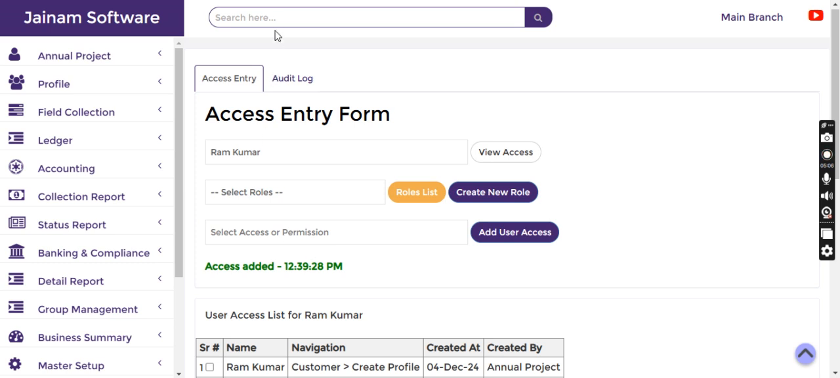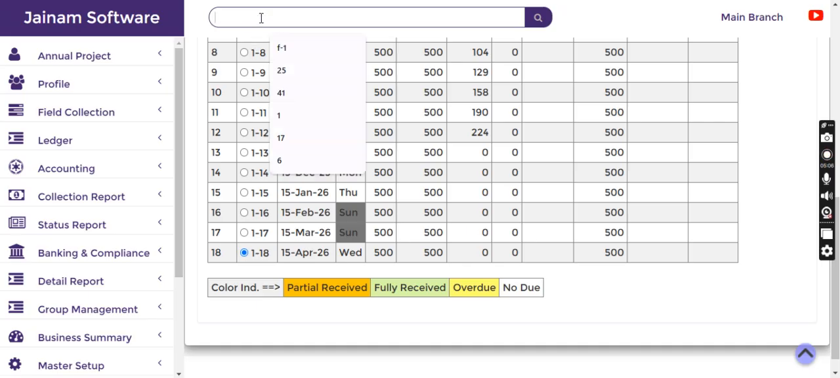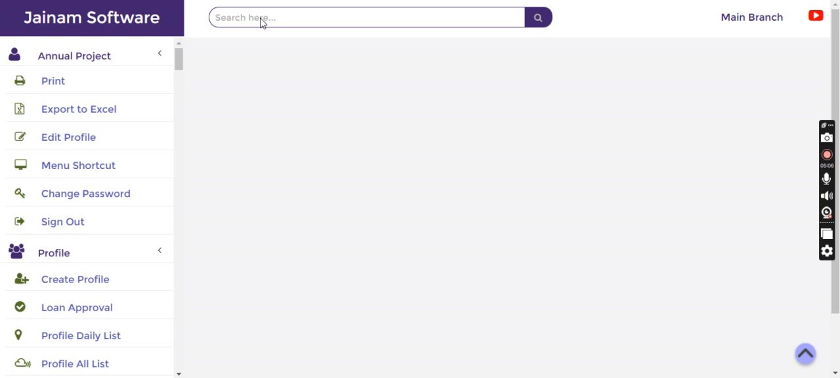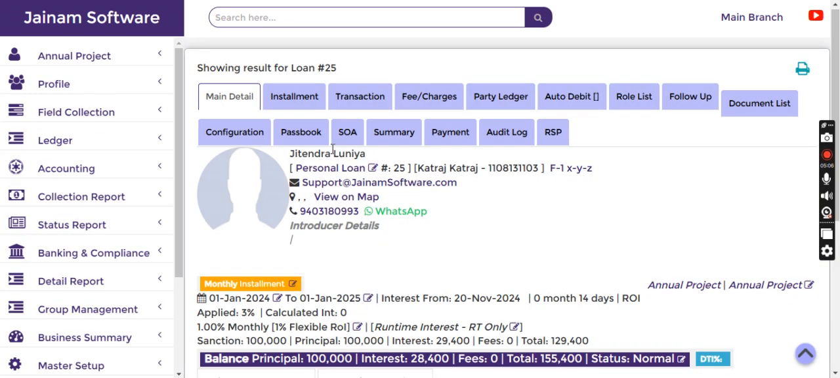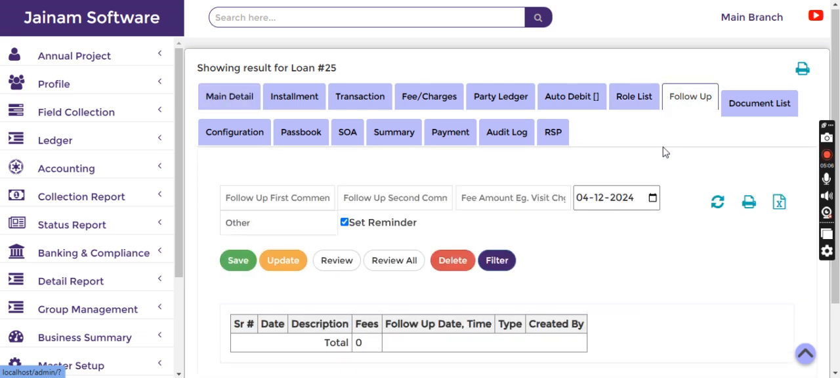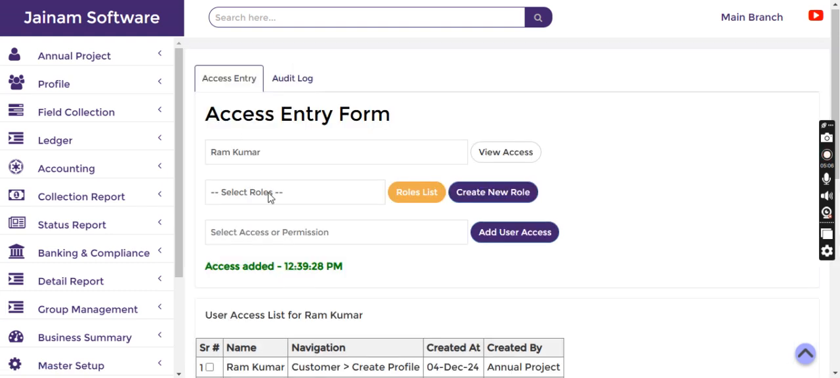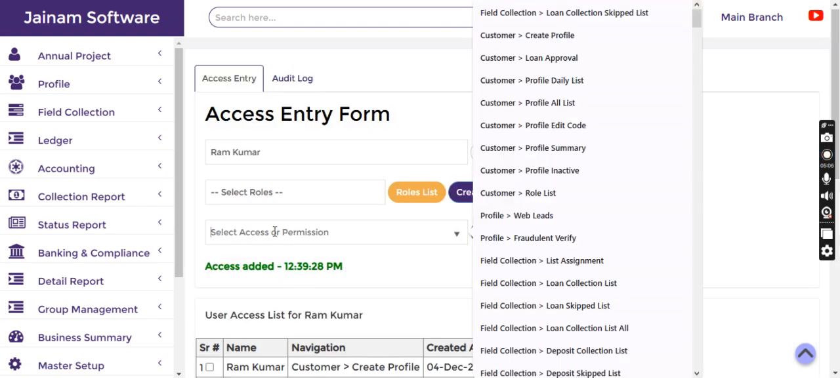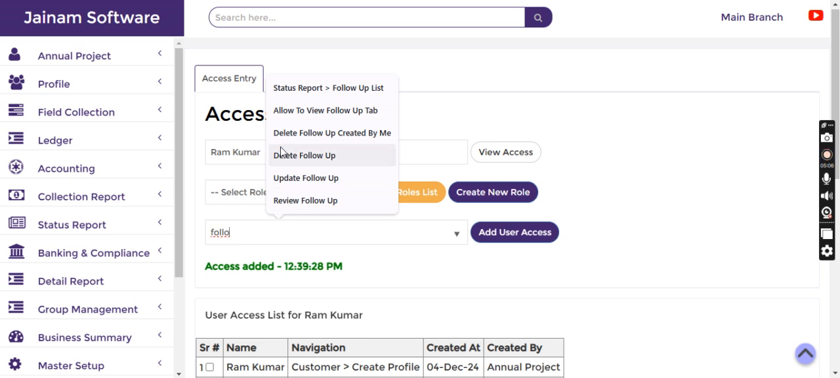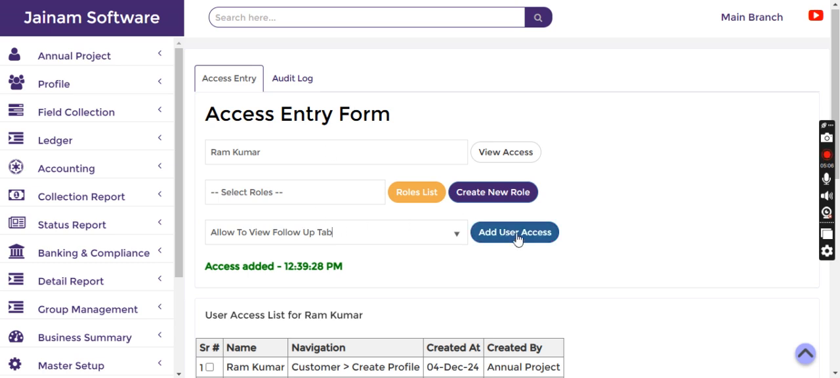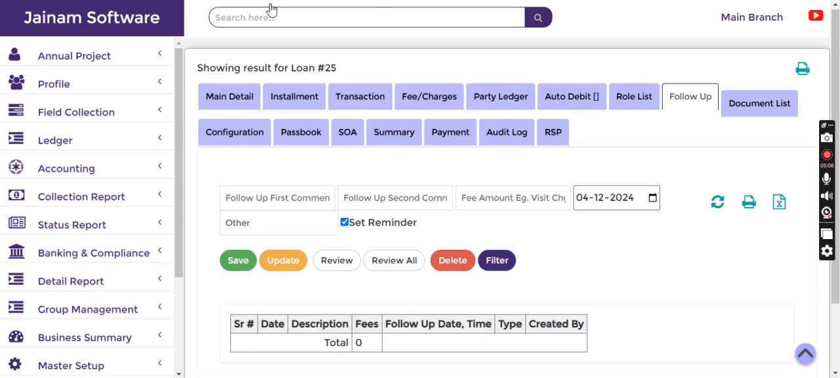Apart from this, when I search a loan, for example, I'm searching loan 25, and there is a follow-up tab available. If you want to give the access of follow-up tabs, you can go here and just type follow-up. So allow to view follow-up tab, you can give this access. Then in follow-up you want to give update and delete access. Then